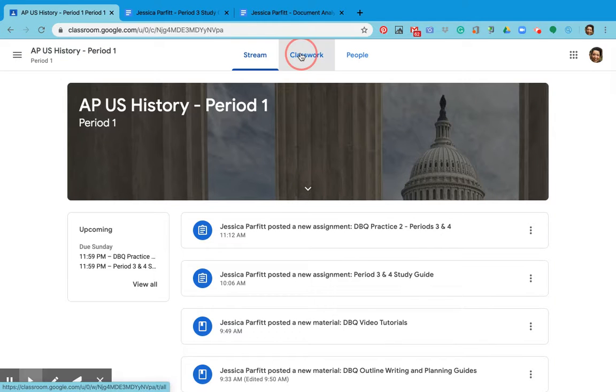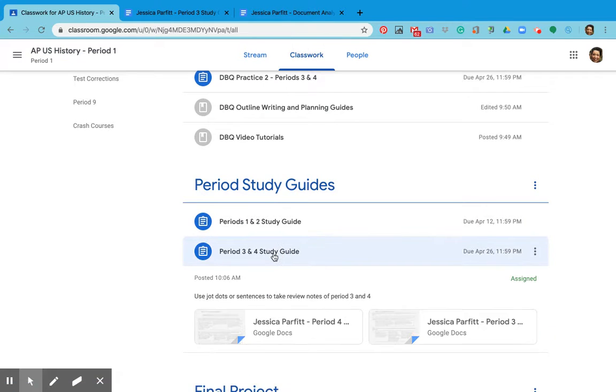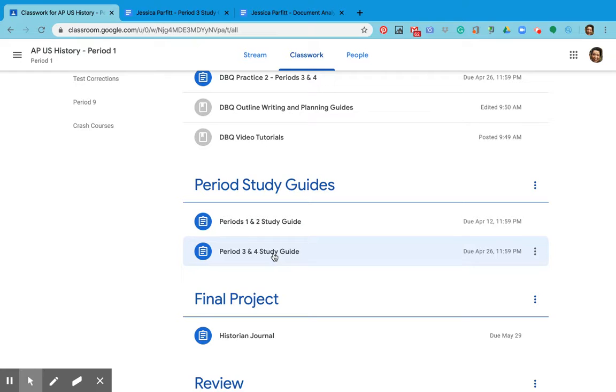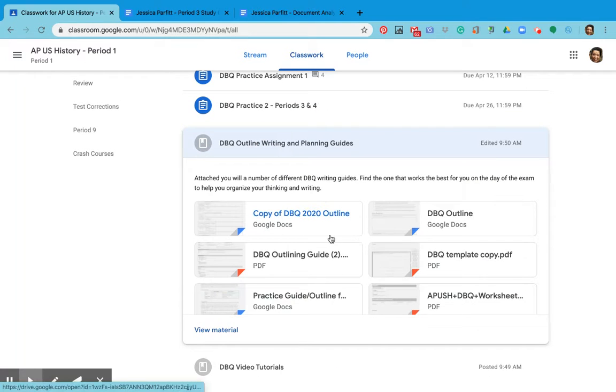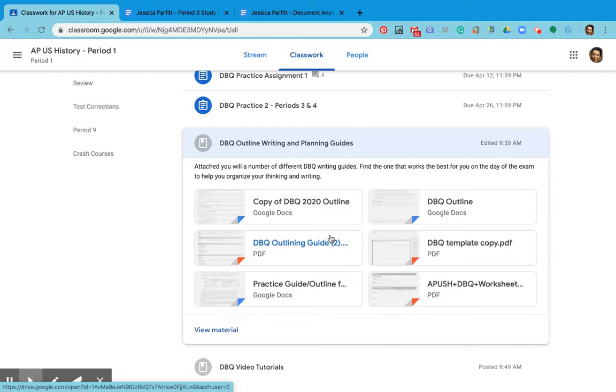The last thing is I did update some of the review things for you. For example, I've given you even more different outline writing and planning guides for DBQs. Between now and the AP exam, just take some time to go through these, see which one makes the most sense to you, and feel free to use it or not. It's up to you, obviously. But these are just meant to be guides to help you get your thoughts organized on the day of the AP